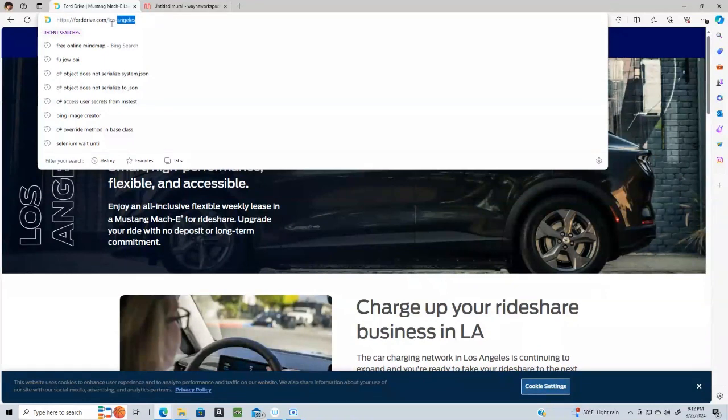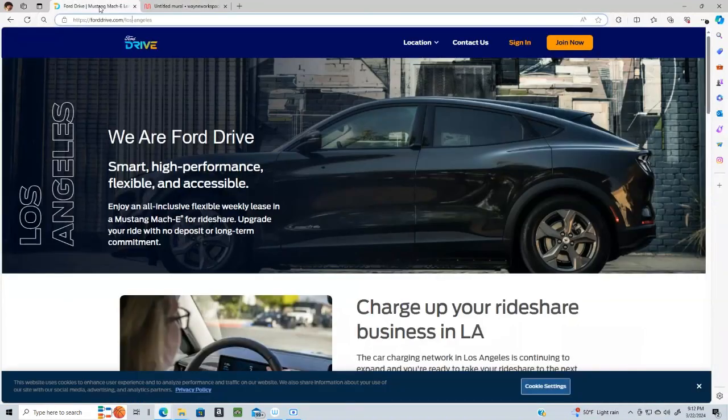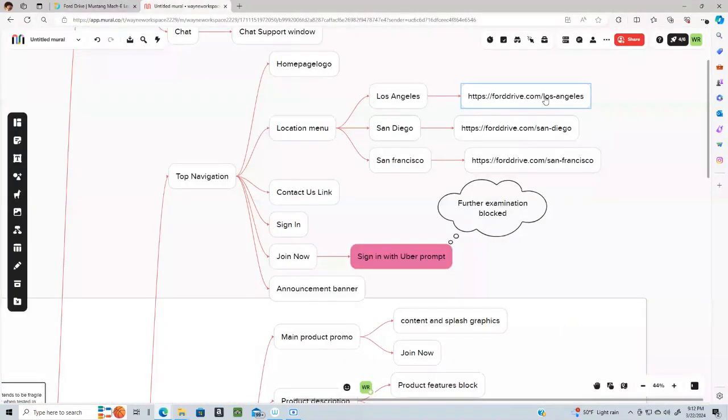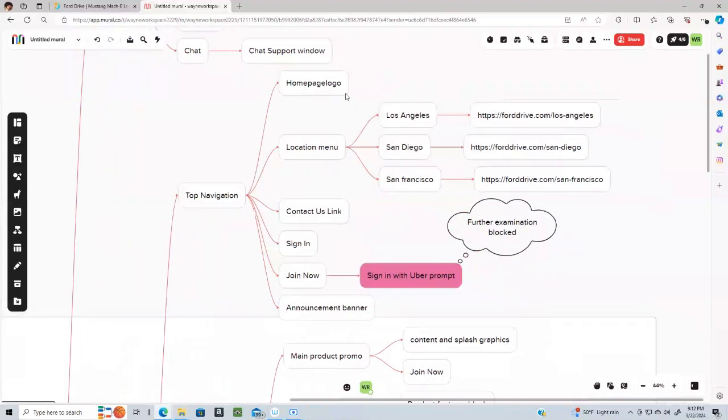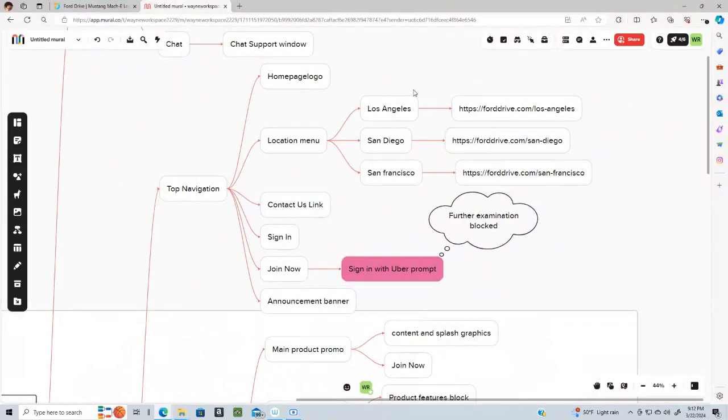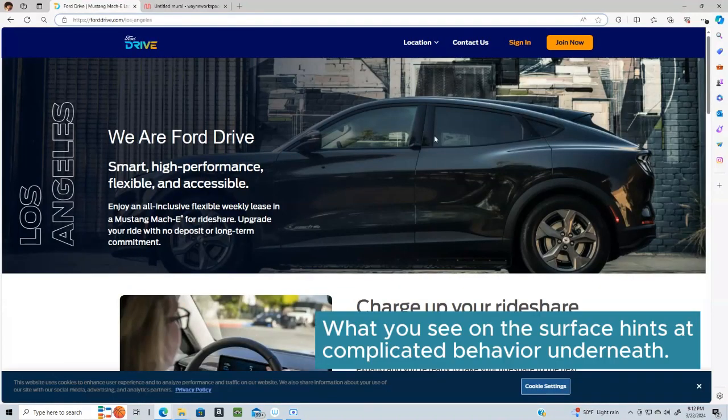Notice Los Angeles is a two-word name. It's got a hyphen in there. I know that sounds like a trivial thing to mention, but let's get back to that in a little bit. And then that's how I've structured it here. So in the mind map, it's not really that interesting to talk about it this way. It's like, the drop down is Los Angeles in there. But this is kind of a detailed test point, if you think about this from a testing problem question,